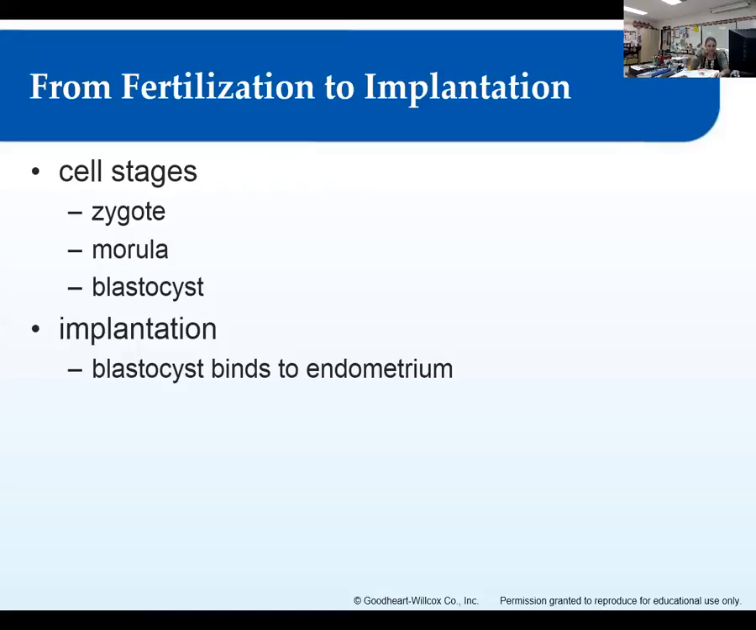All right, so the zygote is that first cell of the person. Then it splits, right? So that cell starts splitting and it splits again. So morula